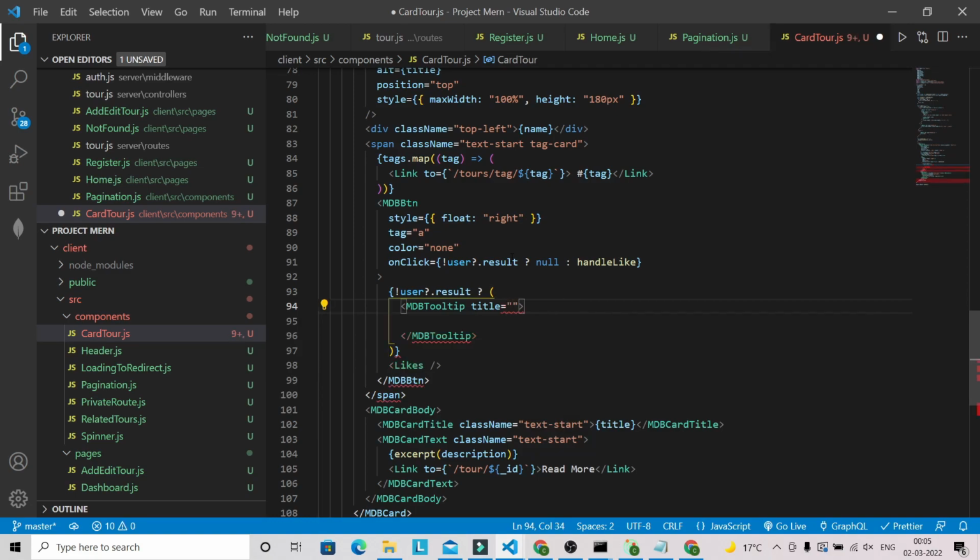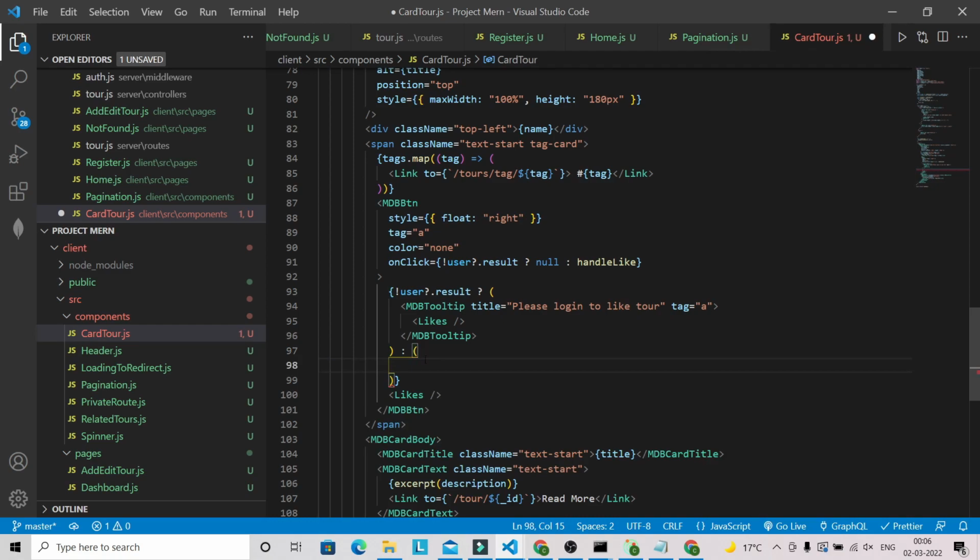So it will be in double quotes. So we can give like please log in to like tour, okay. And tag will be A, and we can give here our like component, and in else we can just have our likes. Okay,